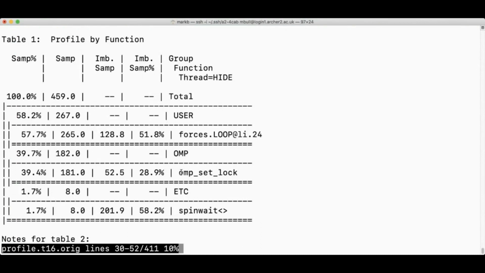What you have to realize, which is not really well documented everywhere, is that under the hood, the OpenMP implementation is using OMP set lock functionality to implement the critical sections. So this is basically telling you this is overhead in critical sections. That's really not that obvious.